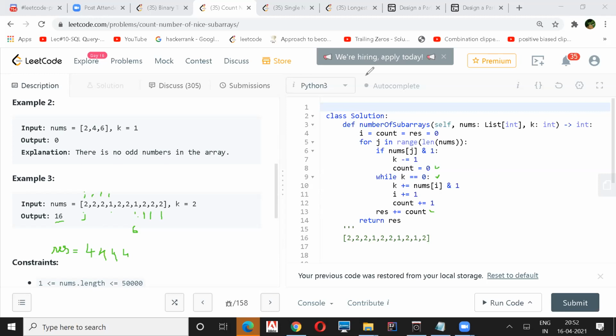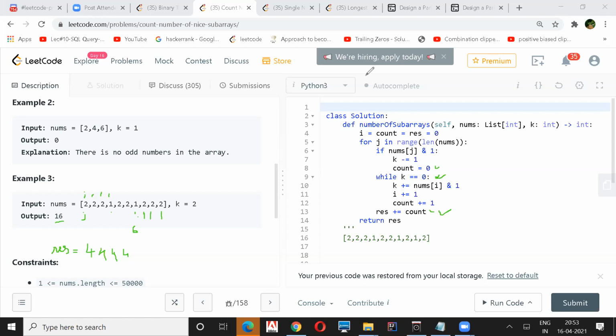Well, okay. See, why it doesn't? I really don't get this. First of all, in this case, res plus is equal to count. That does the whole trick. But I don't want to add some count when I don't have K at 0, isn't it? So that thing, yeah, it is the way it is, but it's a very different two-pointer approach. You are saying it's not a normal two-pointer approach. It's not our template that we use.